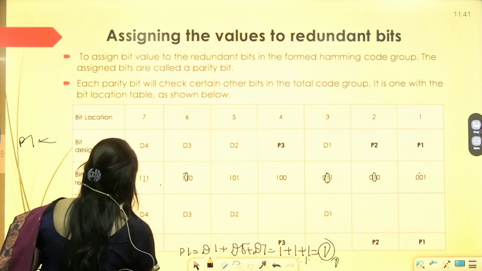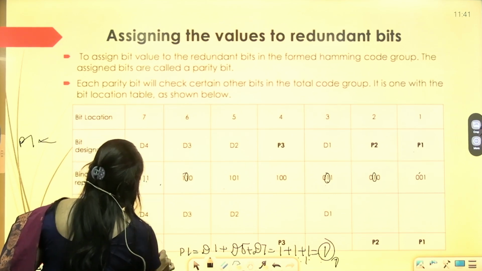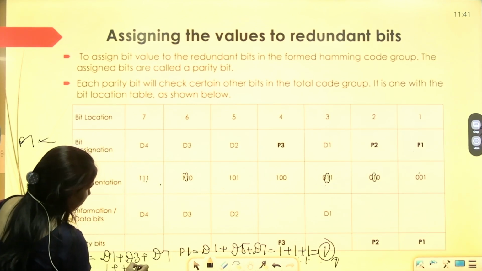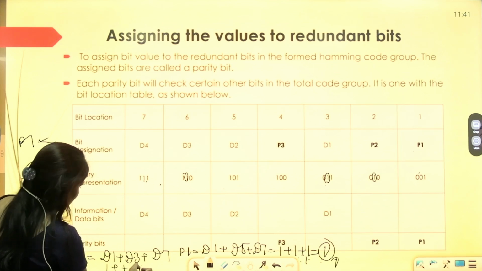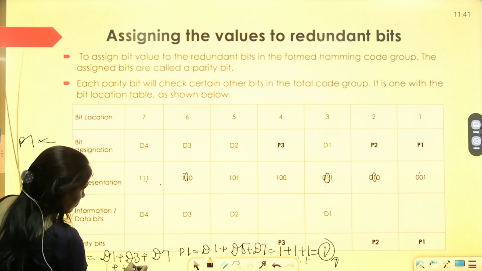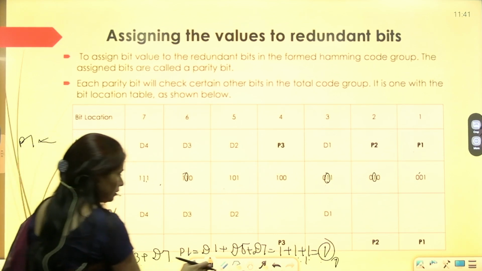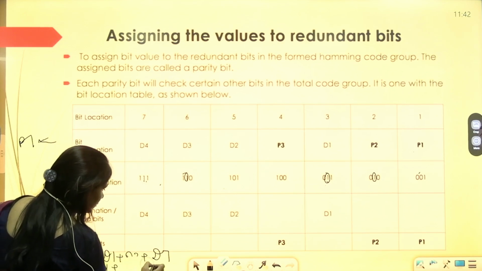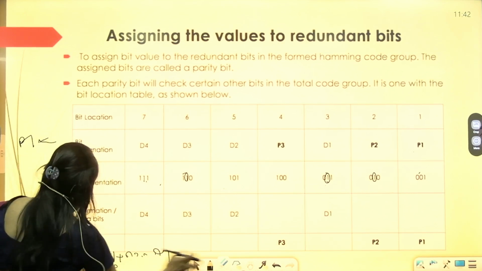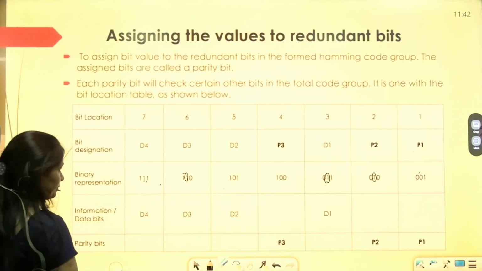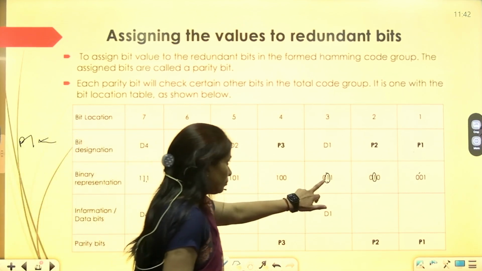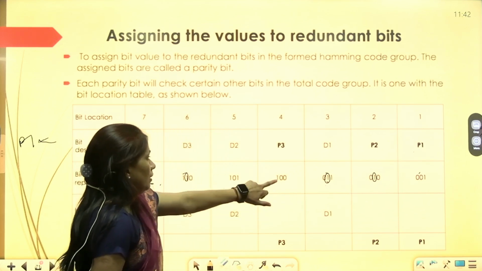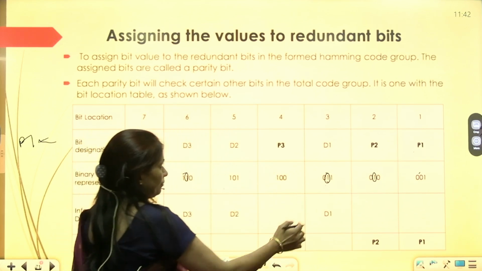D1 plus D3 plus D7. 1 plus 1 plus 1, positions 3, 5, 7. D3 plus D7. Add the P2 parity bit.